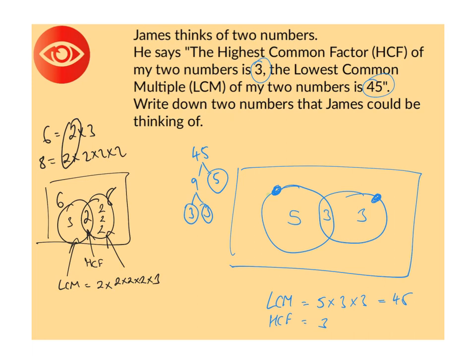So the first one is here, and that one is 15, because 5 times 3 is 15. And the second one is here, and that must be 9, because 3 multiplied by 3 is 9. So James's numbers could have been 9 and 15. The highest common factor of 9 and 15 is 3, and the lowest common multiple of 9 and 15 is 45. So my final answer